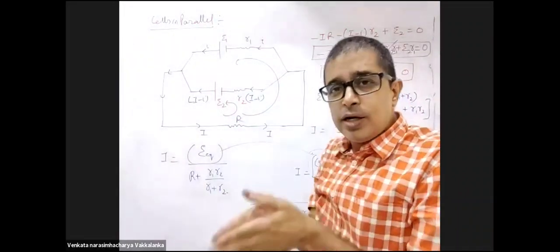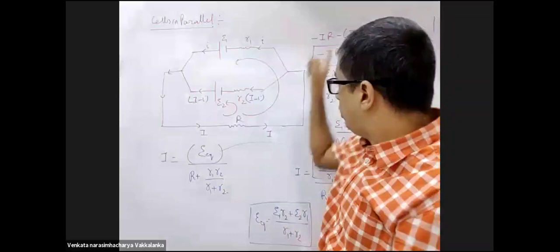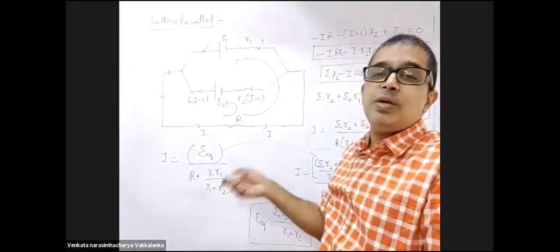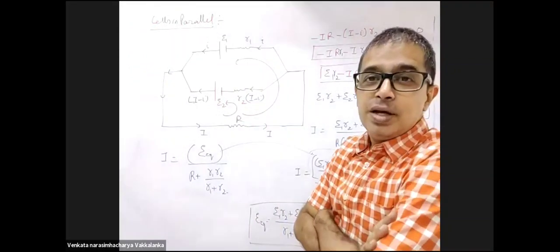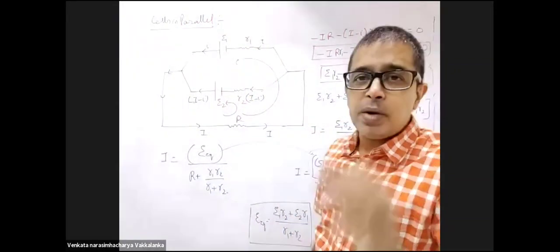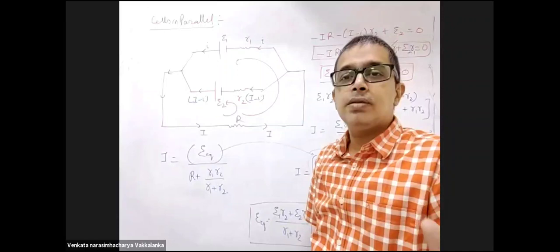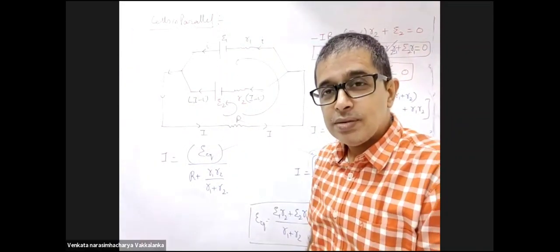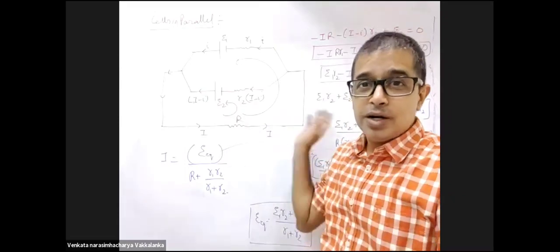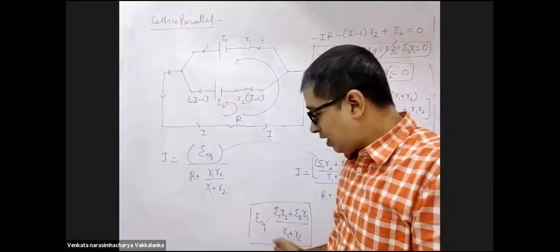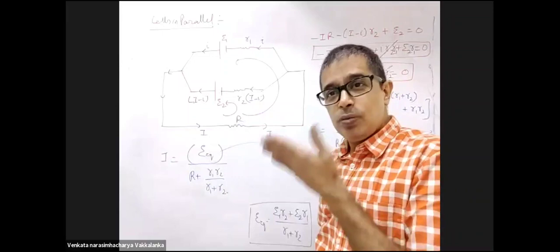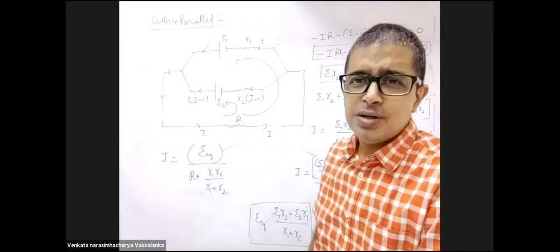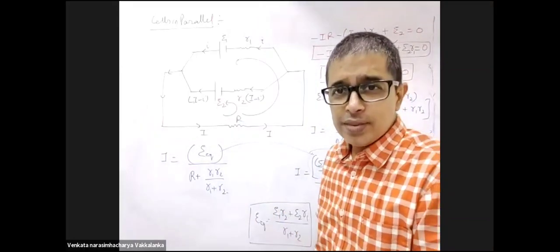Don't you think you started your derivation with a bias, though you didn't use your bias in the derivation? But you started it with that particular bias. Assuming R1 and R2 in parallel here is a myth. Do you all agree with this? Yes, sir. But you are getting the correct answer with that. This is the right answer, E1 R2 plus E2 R1 upon R1 plus R2. What do you want me to do?